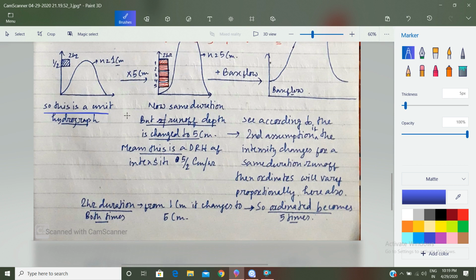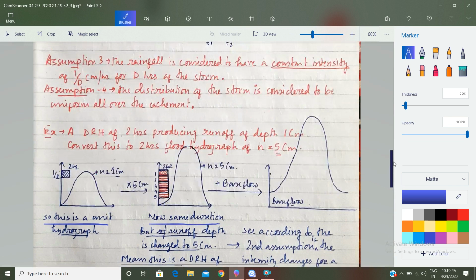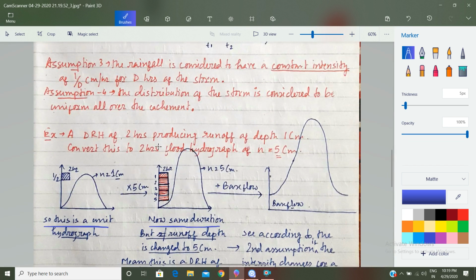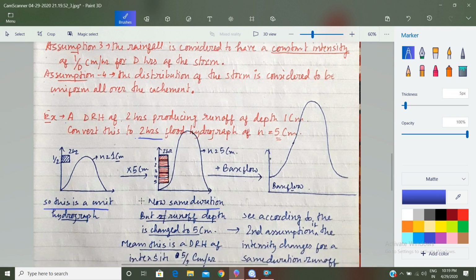This is a unit hydrograph. Now the same duration precipitation occurs. In the question it is said the direct runoff hydrograph of 2 hours produces a runoff depth of 1 centimeter, which is given to you. And convert this to a 2 hour flood hydrograph, meaning the same duration precipitation occurred, so if in the same duration, 5 centimeter of runoff needs to occur, then what will be the